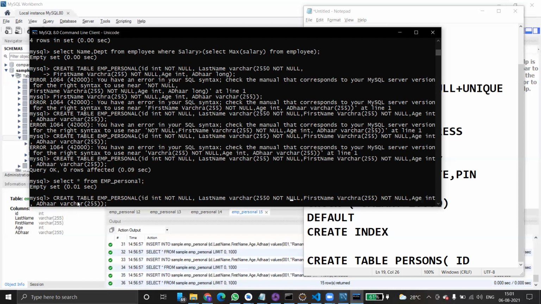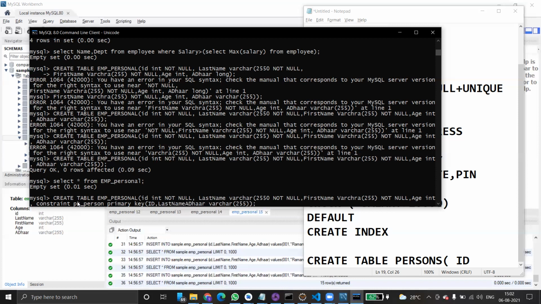So where is the age? This is the age. Here we can add a constraint. Okay, what is the constraint? We can create a primary key constraint. Okay, primary key on person. Then you can simply specify primary key of ID, comma, last name.